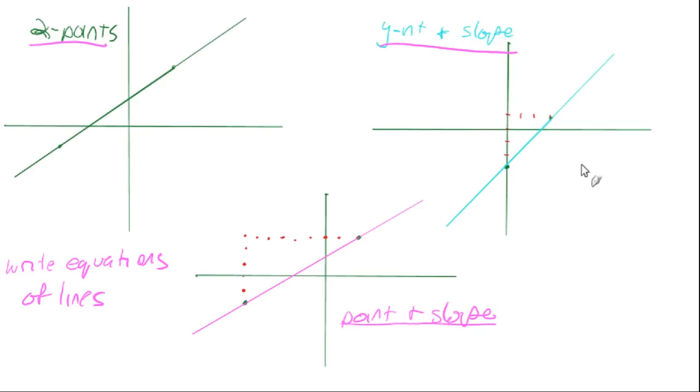If you have the y-intercept and the slope, you could just put that information right into the slope-intercept form, and that would be way easy. If you had a point and a slope, there's this new thing called the point-slope form, and let's just come up with that right now. We know that the slope is equal to y minus some other y value, the y value from one point minus the y value of a second point, over x minus some other x value, and if we on both sides multiply by x minus x1,